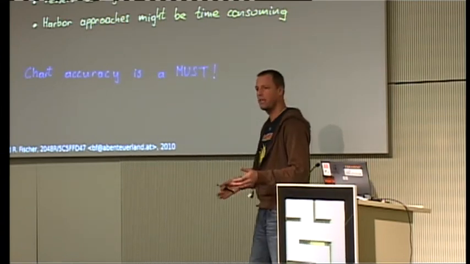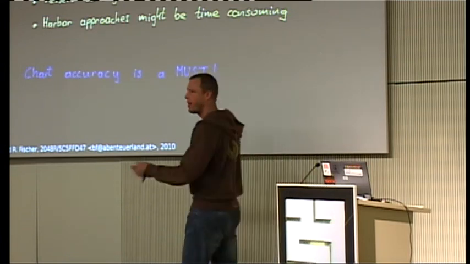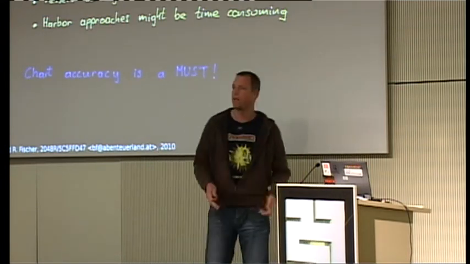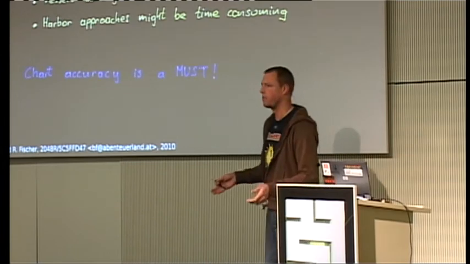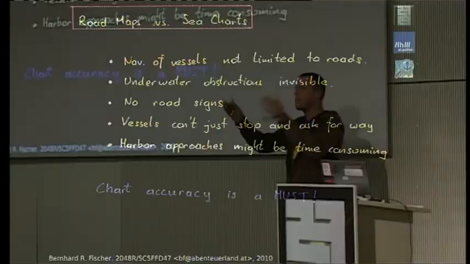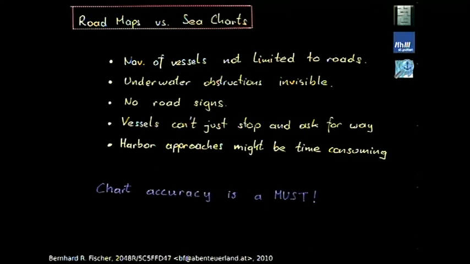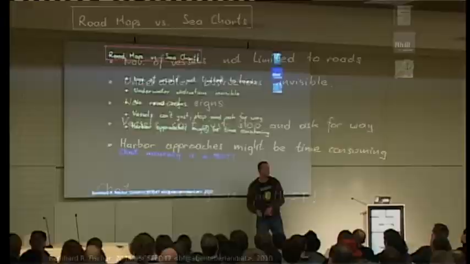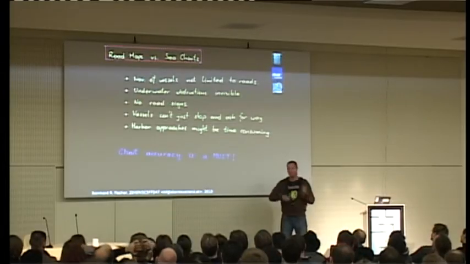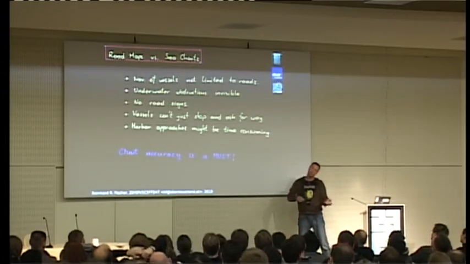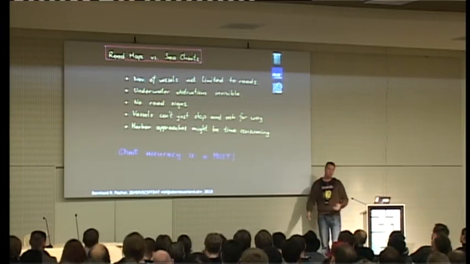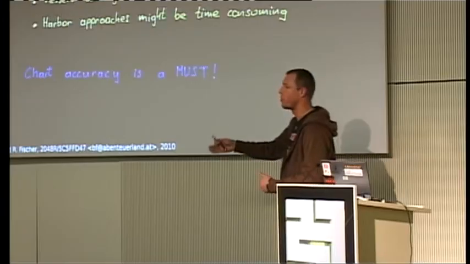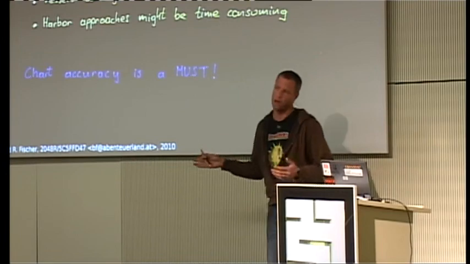With a car, it's completely easy. You go there, you stop the car, you get out, you ask somebody, you get in, go away. That's a few minutes. If you do this with a boat and you have to approach a harbor, until you're there, everything is slow. One hour is lost. Then you have to find a place there somewhere, a parking lot. So time's lost again. So it's really difficult, and it's better to know in advance where to go and where you are and where you should not go.